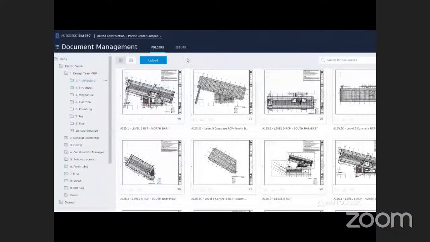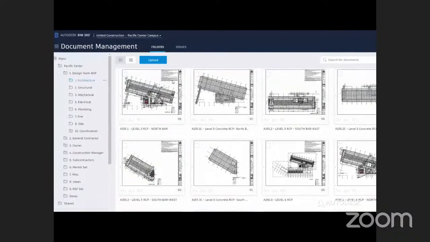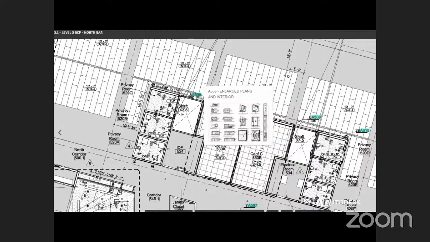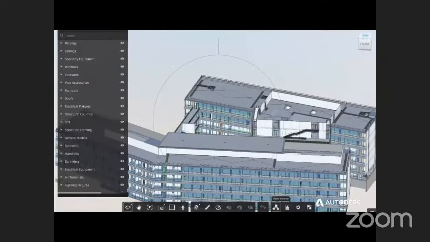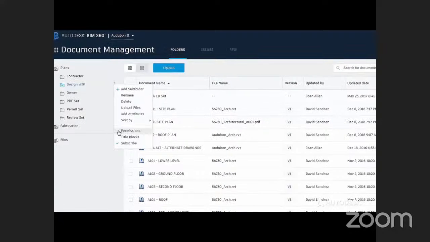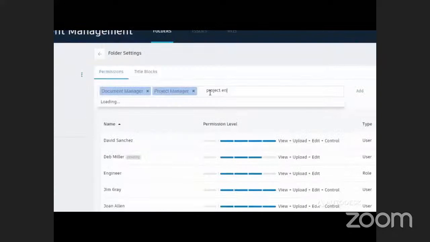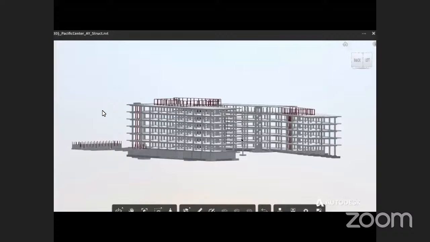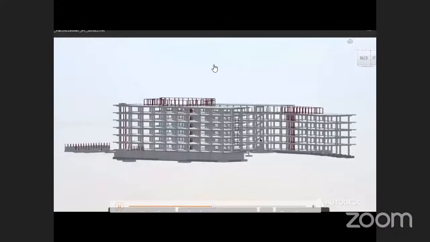With BIM 360 Docs, teams can publish, manage, and share documents of all file types in one centralized location with unlimited storage in the cloud. Provide controlled access to information to the people that need it, when they need it, and in the format they want, either 3D or 2D. Perform design and constructability reviews with